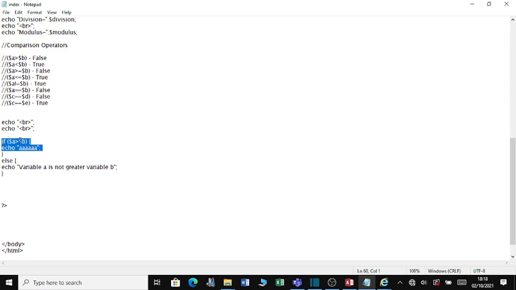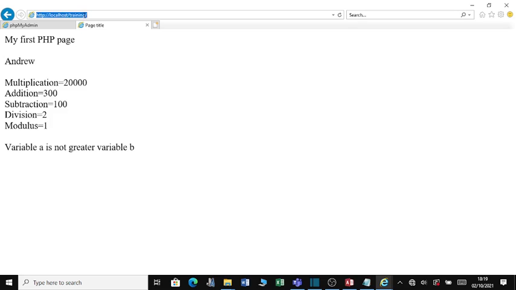But assuming that A, let me pick the one which is true. Is A less than B? I want to see whether it is going to execute this. I will say yeah. Okay, so let me check. Instead, it's going to execute this because A is less than B, it is true, and it will not execute this because it will execute this and stop here because this condition is true. So let's check it out. You see, yeah, A is less than